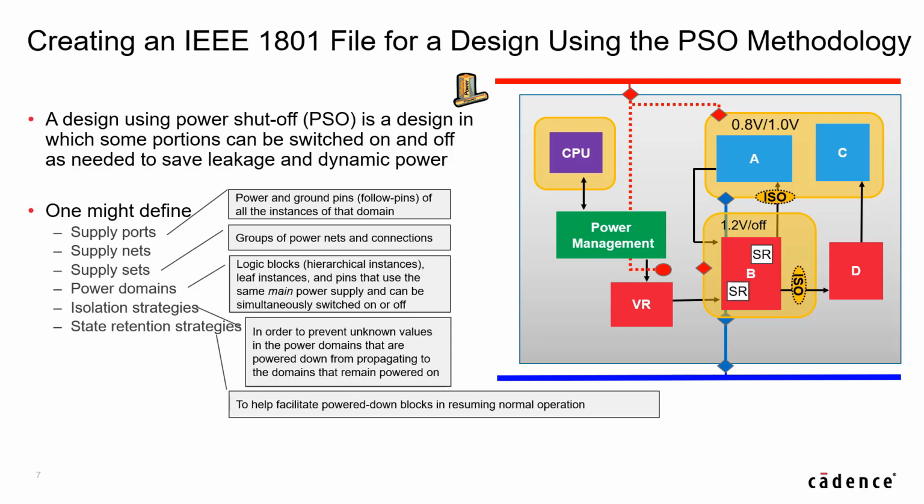You may also take care of state retention strategy. The idea is that each time you've got a powered down element, you want to resume normal activities. You may end up with a standard reset and start from scratch, but for some specific elements, which is for you to figure out, you may need a better and faster way, which is to use specific cells that have dual rail elements and that enable you to save part of the value. Of course, this is not something we really take care of in simulation. If you've got domain crossing, these domains can operate on different voltages. You may have, from an implementation standpoint, the requirement for level shifters. This is not something, for example, that a simulation will take care of.